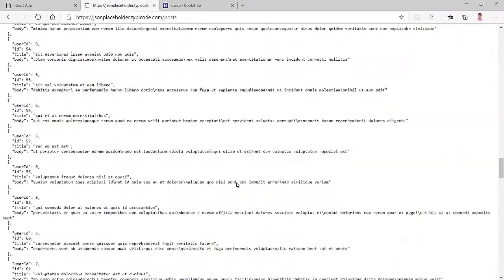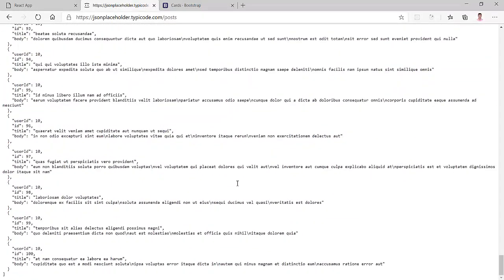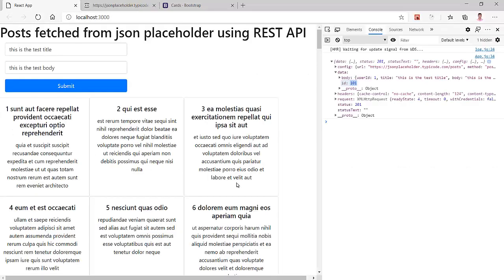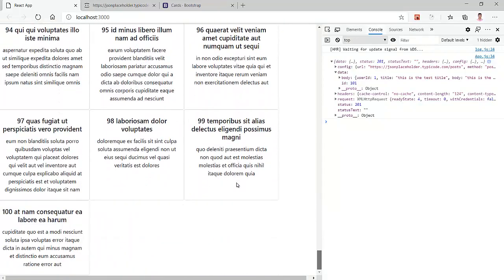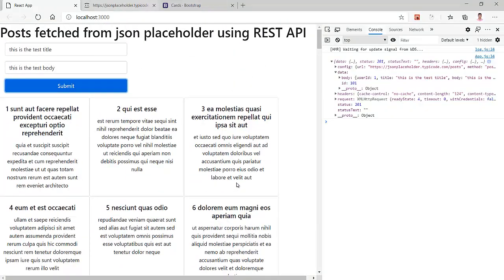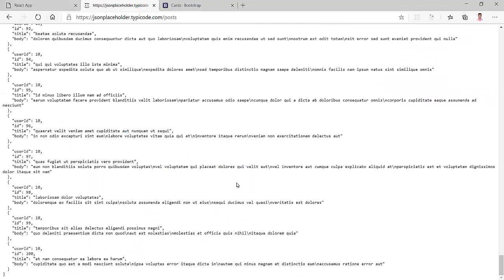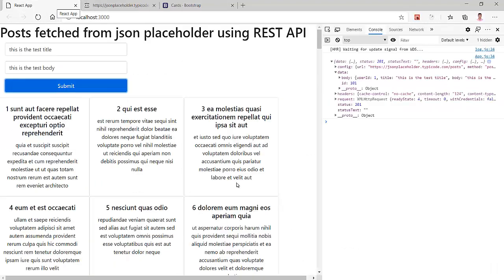Here there will be only 100 IDs because this is the default. See that our post request worked now. It will not show here because this is only static data. The API is static, it is a fake API. But our post request is accepted. So this is our post request, and our post request is also completed now.